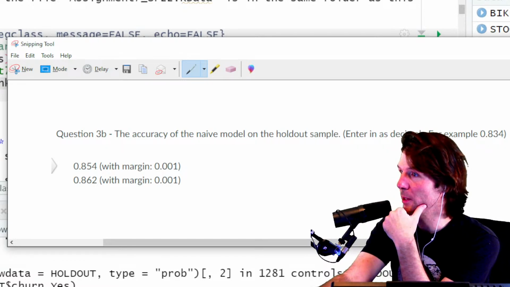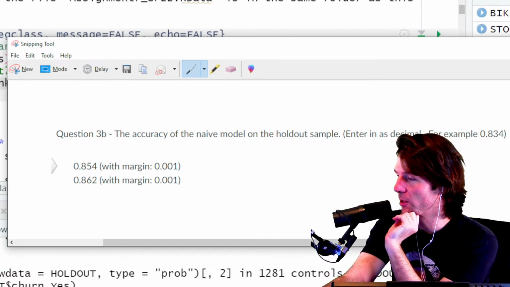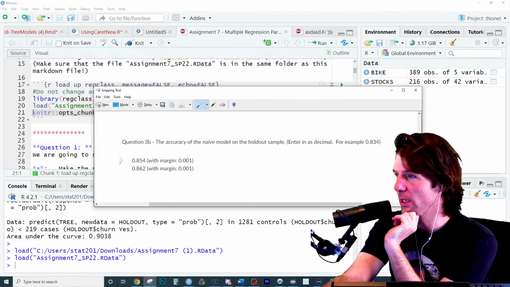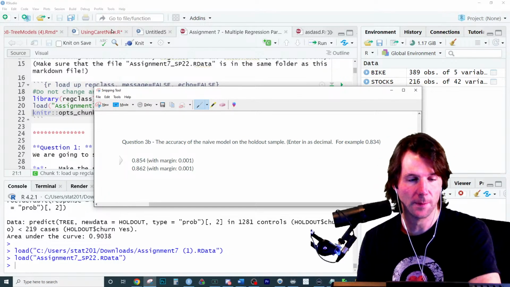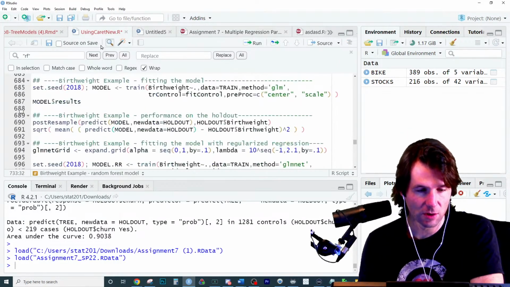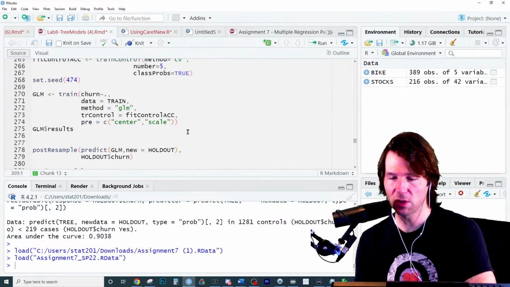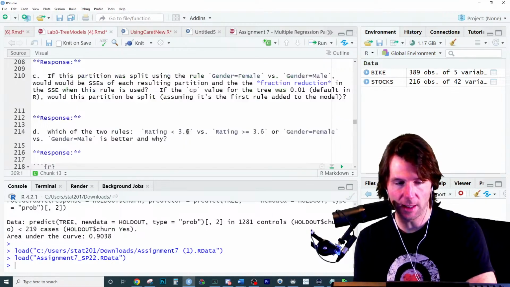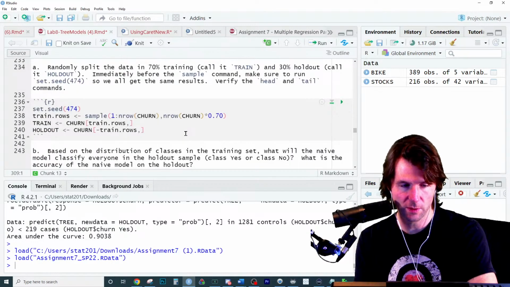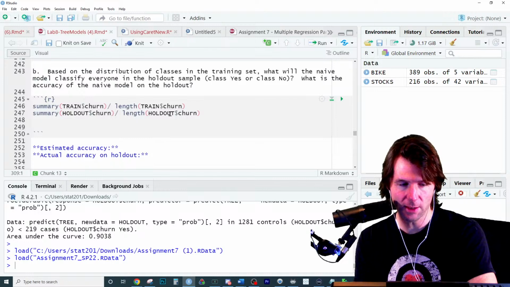Those will be loaded in. That's correct. If you see those in your global environment, you're good. So it's rounding. If you use rounding versus rejection, let me see if that's the issue. And then let me know which things you're wondering about, Zoe, on this assignment. So here's where we're doing the naive, and we want the accuracy on the naive.